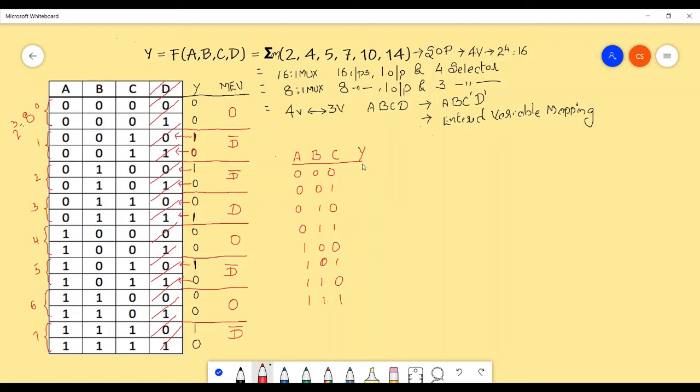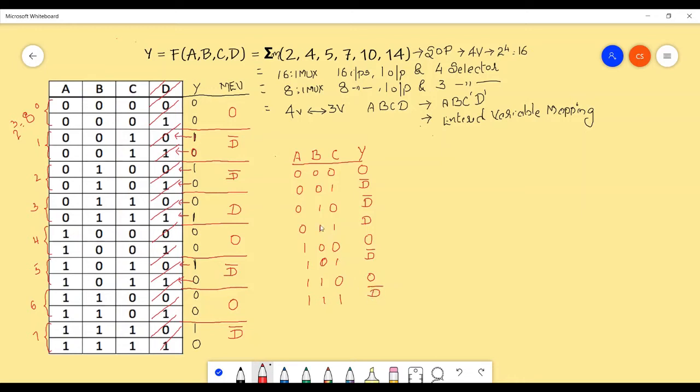So this will be 0, this will be d bar, this will also be d bar, this is d, this is 0, this is d bar, this is 0 and this is d bar.